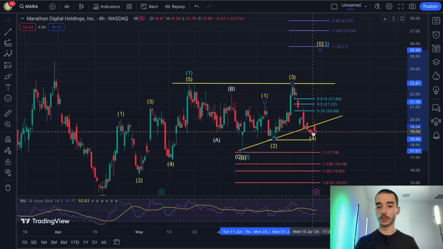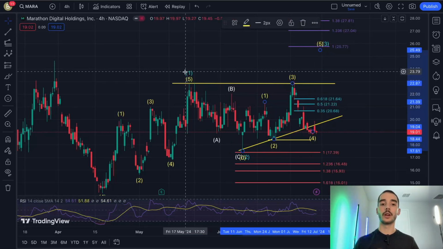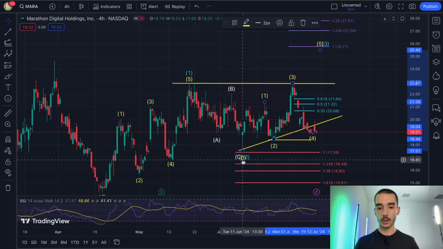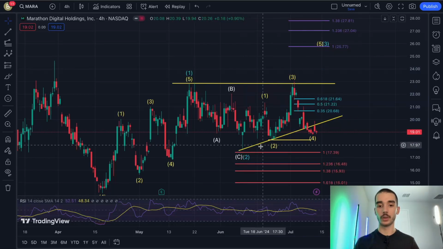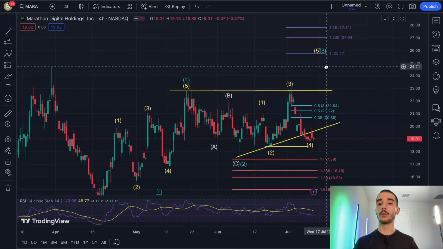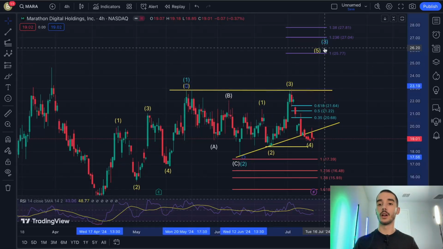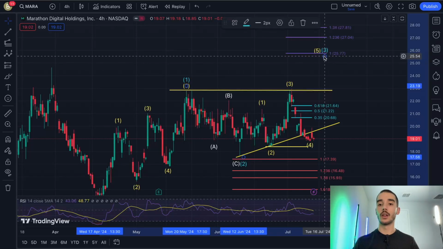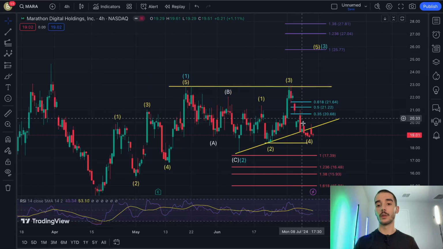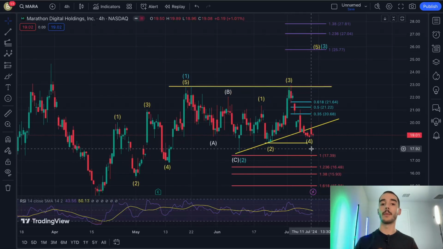We actually made a lower low, so the fourth wave on the smaller structures right here. So again, this first wave, the 5-wave move up, is the first, and then as of right now we have the second down here. And then the third one can bring us up to around $26 per share, at least for right now. If this price were to move down a little bit more, I might update this.